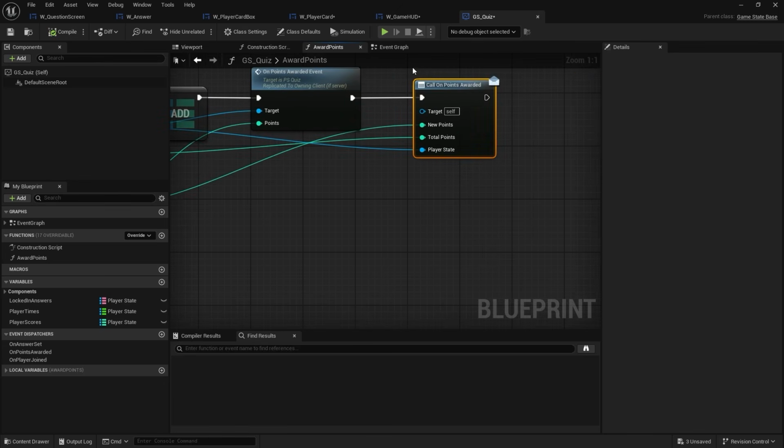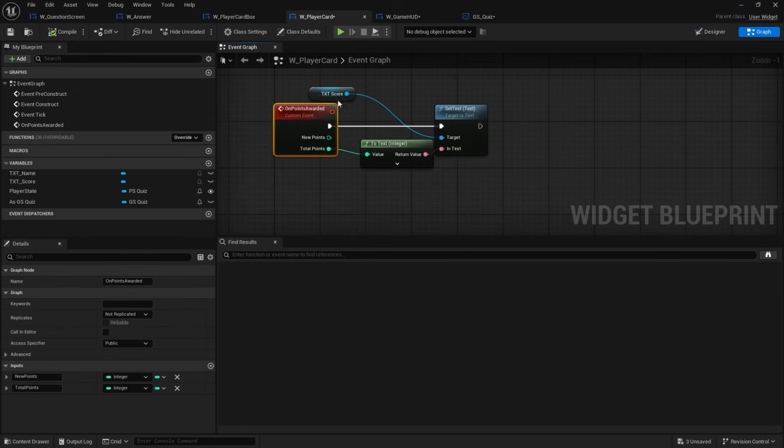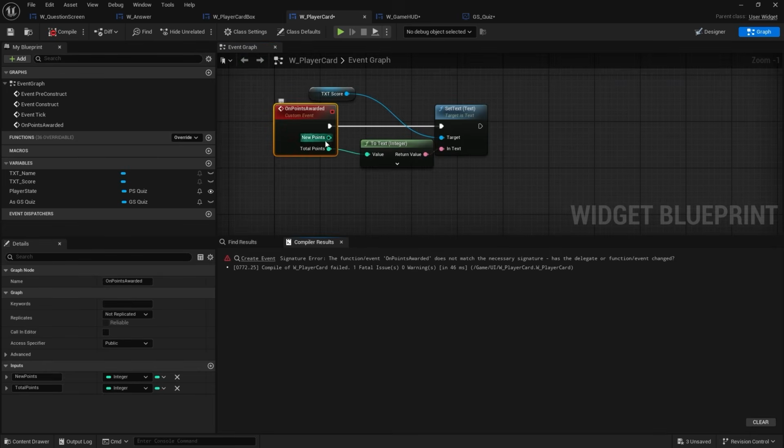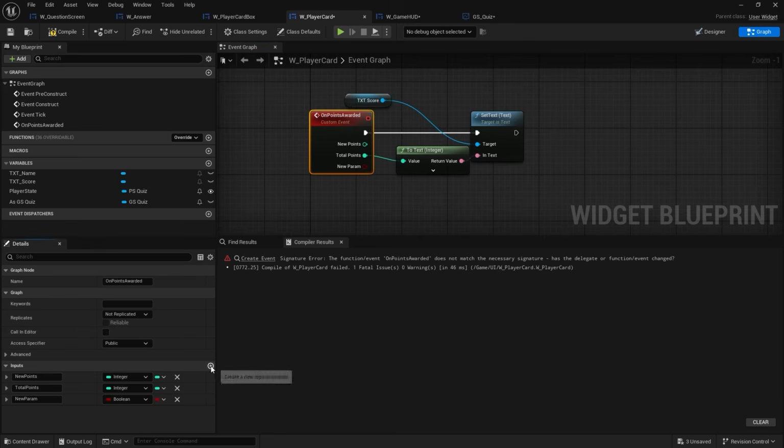Now, with that done there, we do have to go back to the player card and update the points awarded to also match that, because this will give us an error now. Okay, and that's because the signature of this, i.e. the amount of pins it has and what pins it are saying, doesn't match with the event dispatcher. So let's just add to that one player state